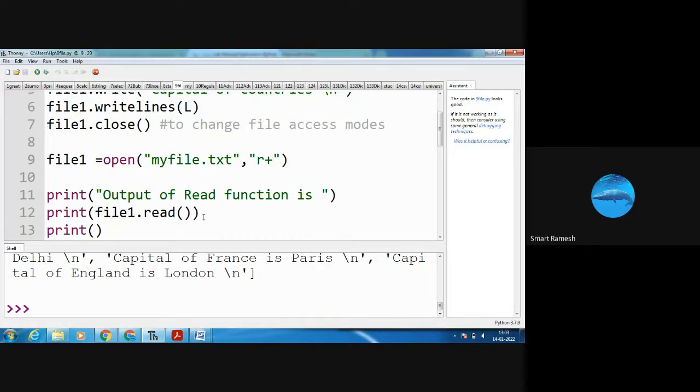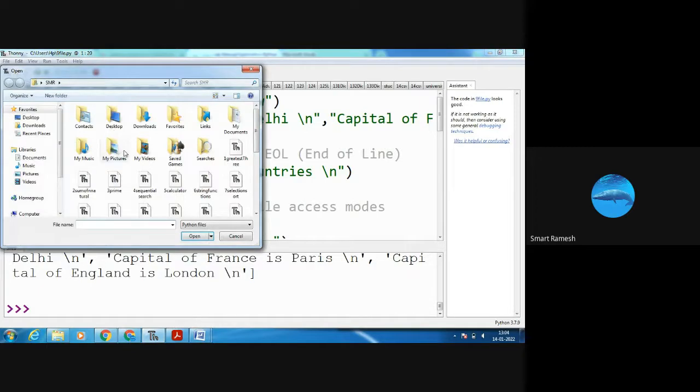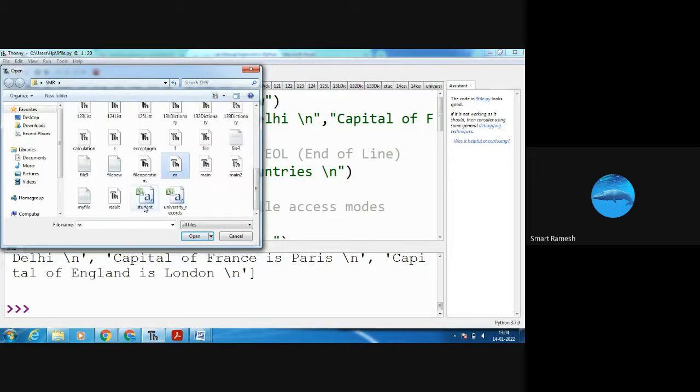See here, what is myfile.txt now? I am going to open the myfile.txt. Here, open. Here, file name, Python files. File type is all files. Select all files. Next, myfile.txt. Where is myfile.txt?